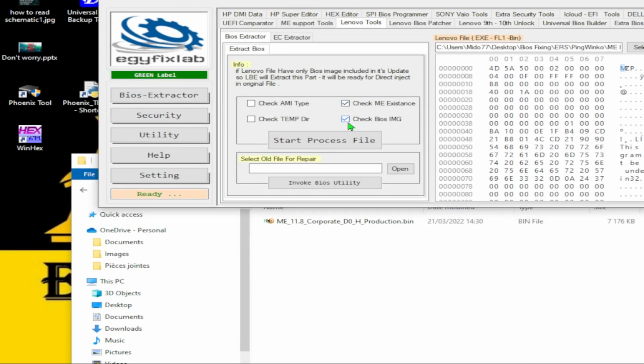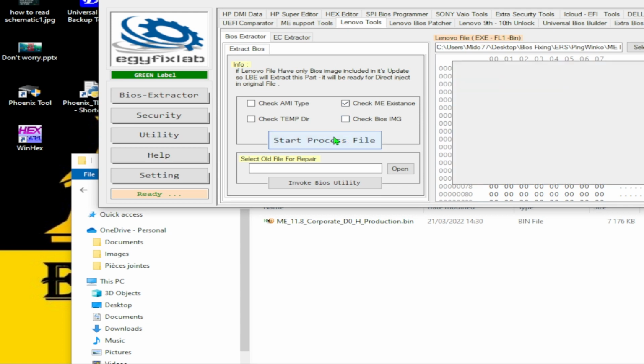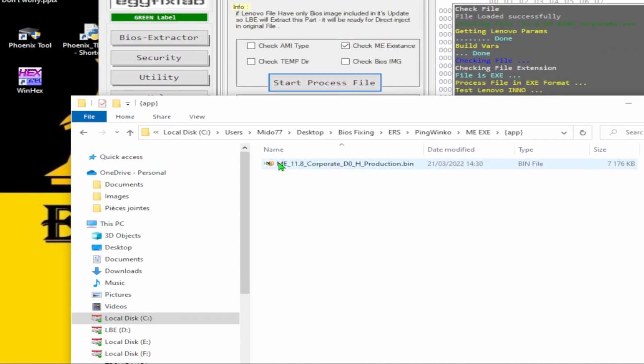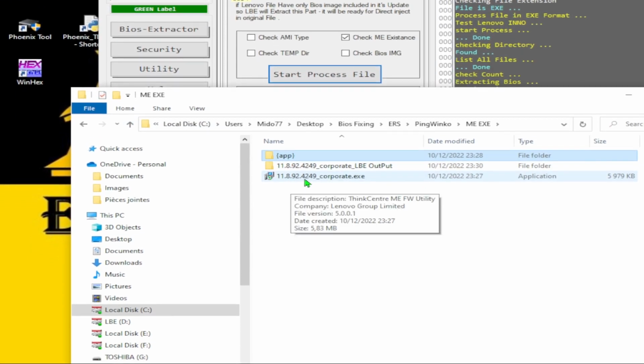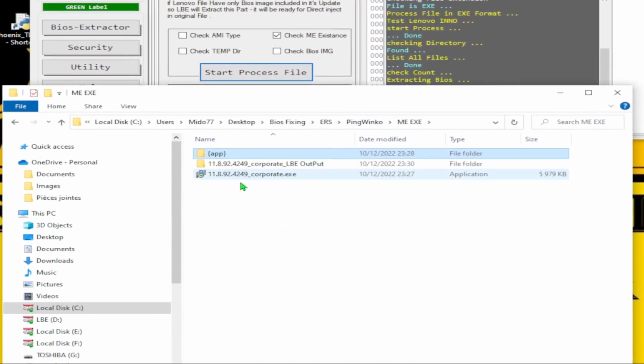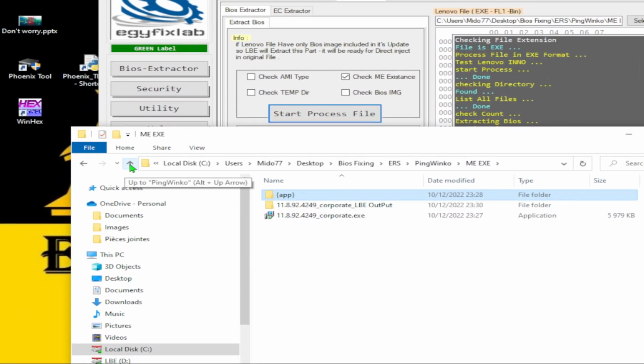Check ME existence. We either uncheck this or leave it. It doesn't matter, because the tool will either way try to search if there is a BIOS image on the executable file, which in fact should be fixed in LBE++. When we uncheck this, it should only look for the ME existence and nothing else. But anyway, let's proceed. We will get a folder in the ME.exe folder. We will get another folder which will be named,